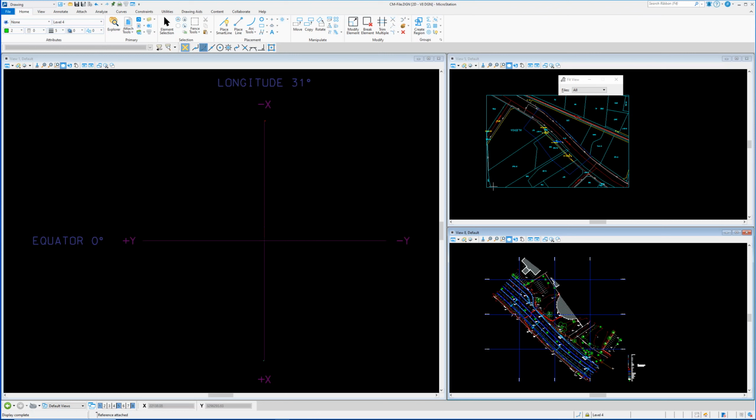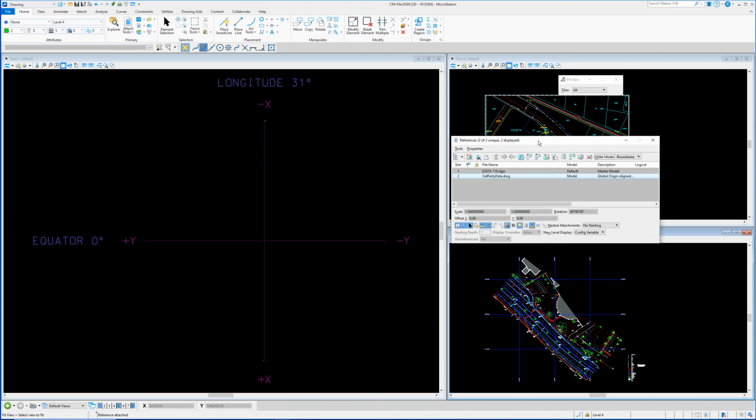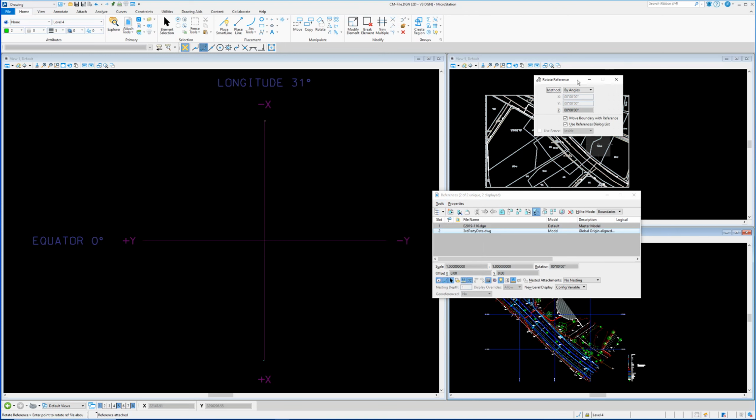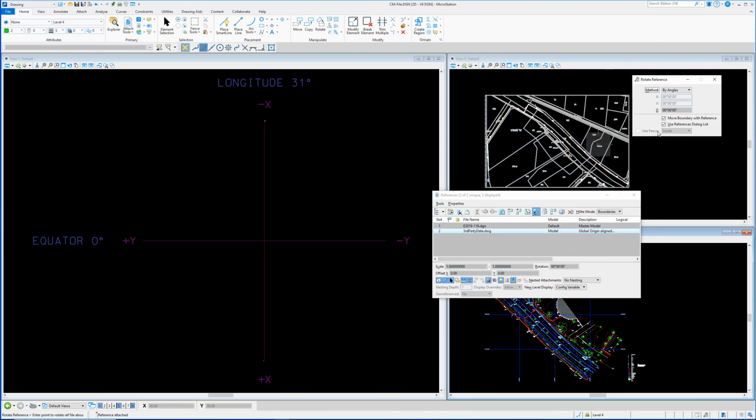So firstly, I'm going to use the reference file method. Bring up my reference file dialog box, and this is the file I want to rotate by 180 degrees. So you choose Tools, Rotate. It's highlighted the data we want to rotate, and you choose by angles, and you set around the Z-axis 180. So this is your X-axis, Y-axis. The Z-axis is basically coming in and out of the screen. Okay. So there you see it